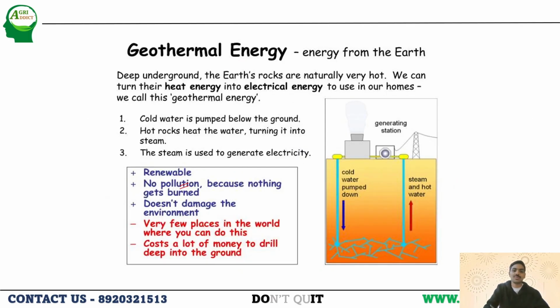Next, talking about geothermal energy, that is the energy which is stored under the earth's surface, underground. What we usually do here is, hot rocks will be there inside the surface. Cold water will be pumped down, and because of the hot rocks, that cold water will become heated, and we will lift it, and the steam will be used for generating electricity. First, the steam rotates the turbines, and those turbines in turn generate the electricity. These are the steps. What I explained is written here.